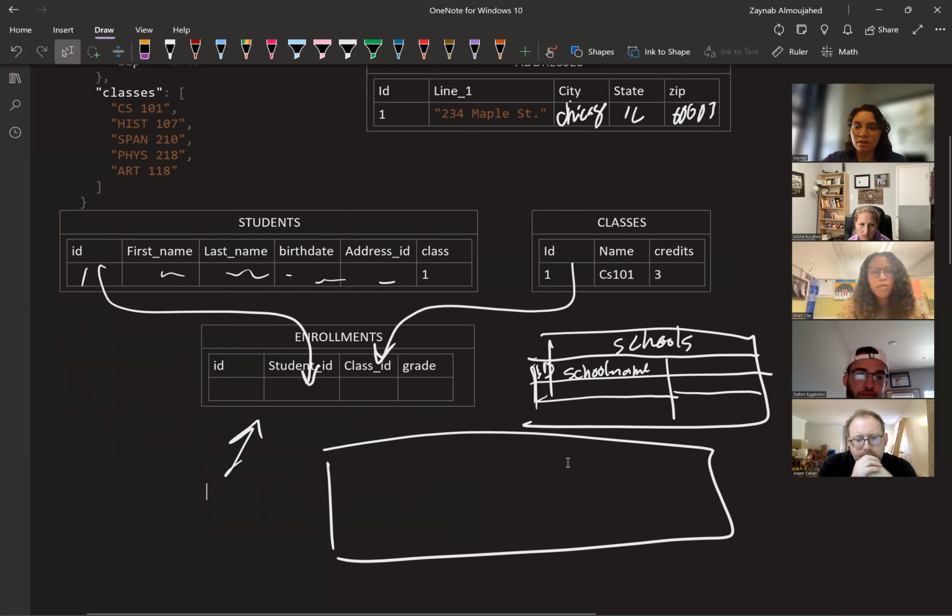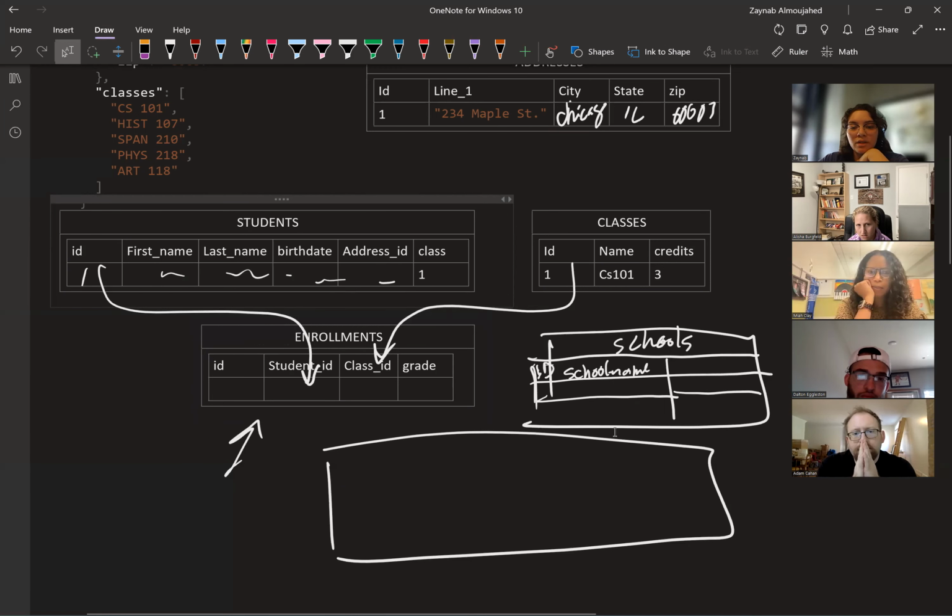So why couldn't we add a column to students for which school they're at and then join the students with the schools? So we can, it just depends on,